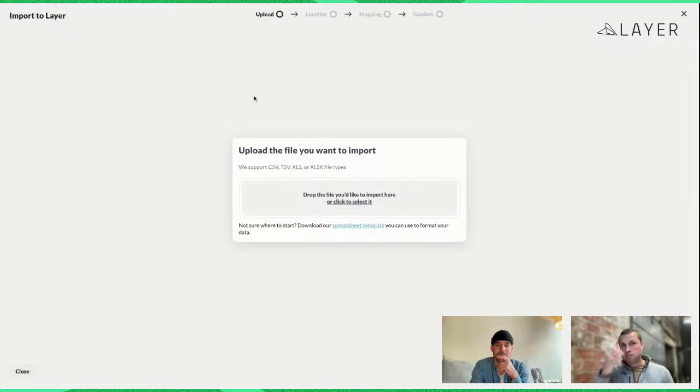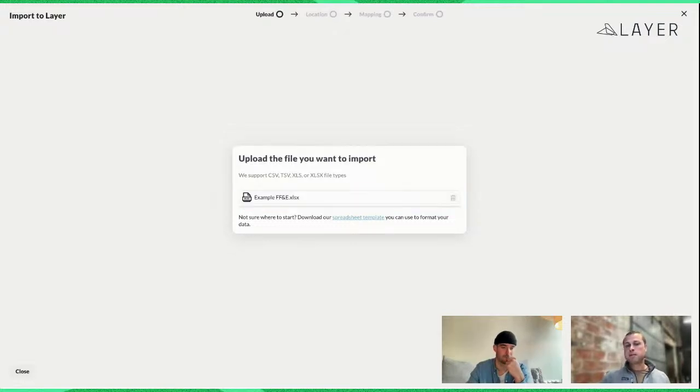So as was made clear in the slides, we allow you to import Excel files, but we also allow you to import other formats as well, like CSV, TSV, and others. So I'm going to grab an Excel file here that has a list of product specs in it, as well as companies. So all I have to do is drop it here. It'll upload the file,